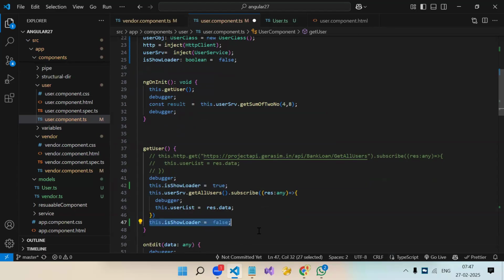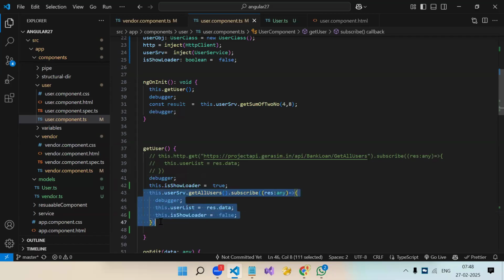Inside that, I think. Inside it, na. See, how does JavaScript or TypeScript execute? Line by line. So this line will execute, this line will execute, and suddenly this line will execute. It won't wait for the API call data. How do we know we received the API call data? Inside subscribe, na? Yes. Once we get the API call response, then we need to make it false. So inside it, we will do it. Otherwise, JavaScript is asynchronous. It won't wait for the API call to happen. Let's try this also, then you will understand.